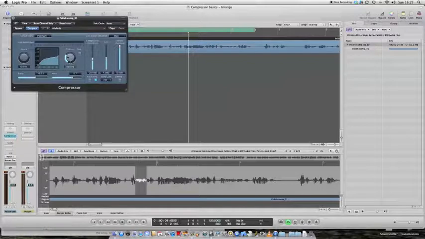The release time determines how long it waits once the sound has fallen under the threshold before it releases the volume control and lets it turn itself back up again. With a really long release time, it never gets time to